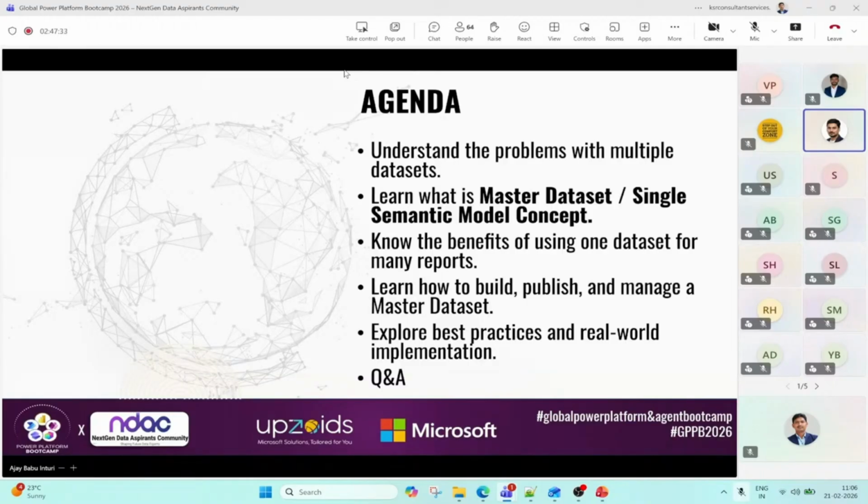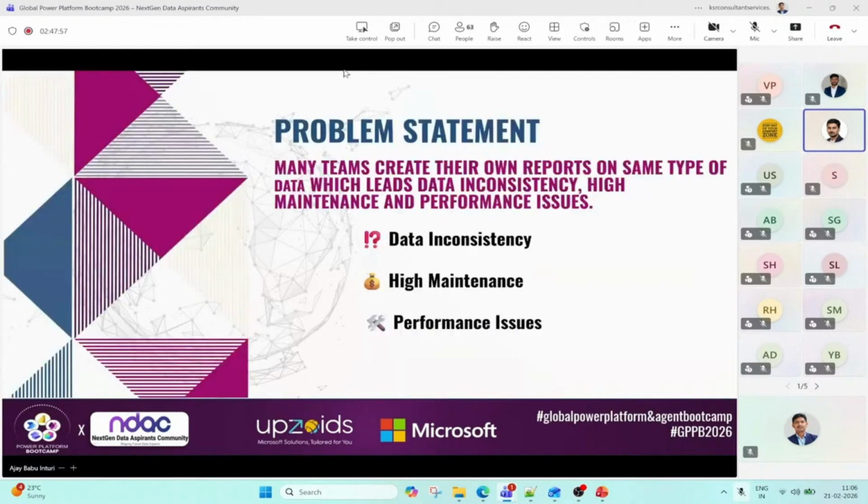The second topic is what a master data set is and why we use it, then the benefits of using the master data set, and after that how to build, publish, and manage this master data set. Once all of these are completed, we will discuss best practices and real-world implementation, and after that Q&A.